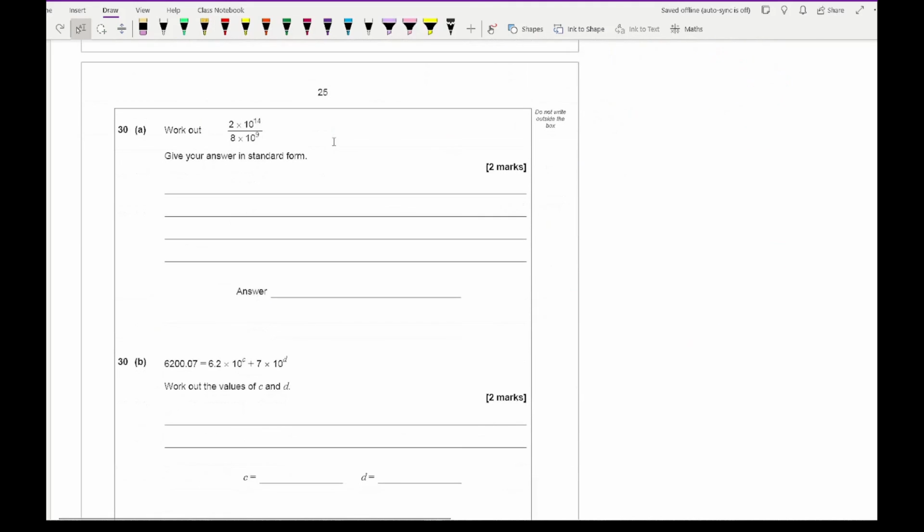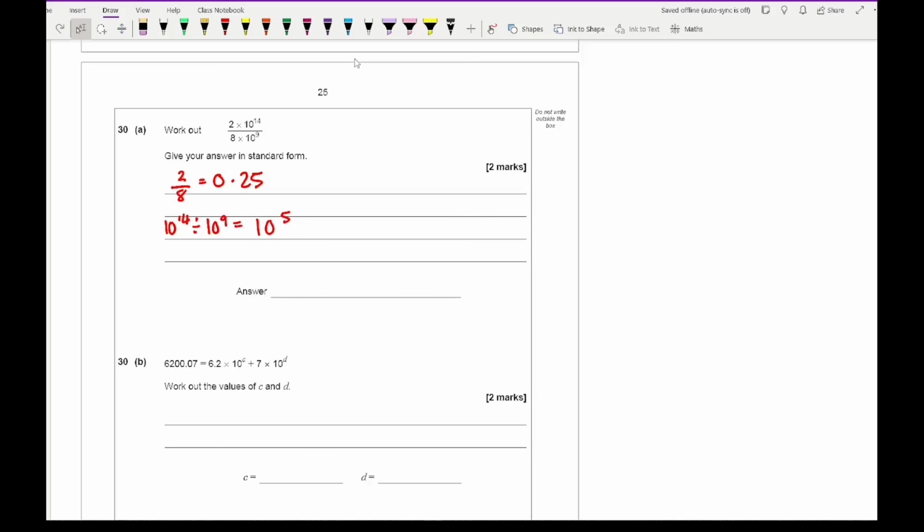And then moving on to our next question, which is question 30. So our penultimate question, which is standard form, and we need to do 2 times 10 to the power 14 divided by 8 times 10 to the power 9. So for this, what we need to do is split the fraction up. So I need to work out what 2 divided by 8 is, which is 0.25, which is just a quarter. And then we need to do 10 to the power 14 divided by 10 to the power 9, in which we take away the powers,